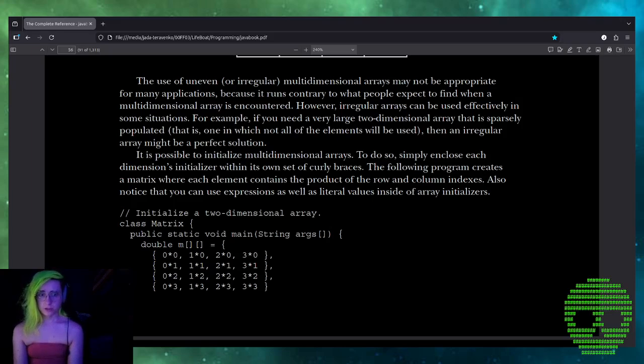Initialize a two-dimensional array. class Matrix { public static void main(String[] args) { double m[][] = { {0*0, 1*0, 2*0, 3*0}, {0*1, 1*1, 2*1, 3*1}, {0*2, 1*2, 2*2, 3*2}, {0*3, 1*3, 2*3, 3*3} };